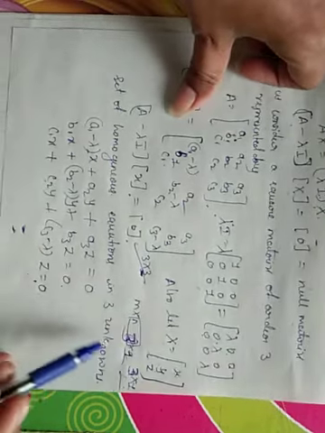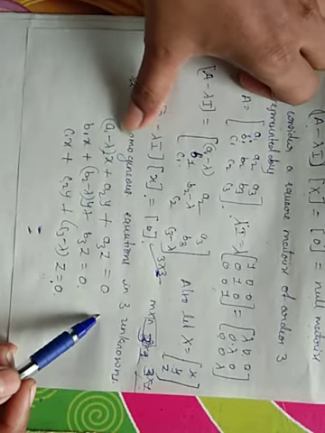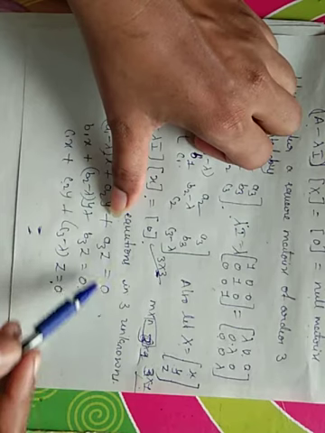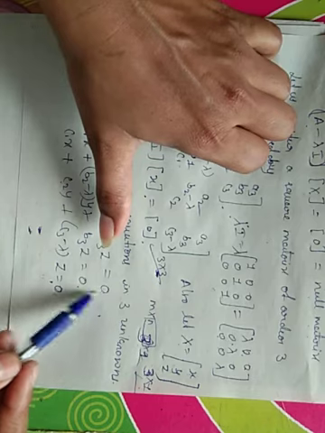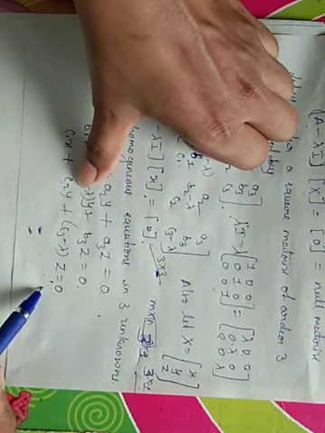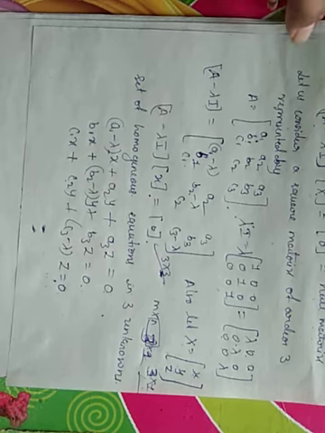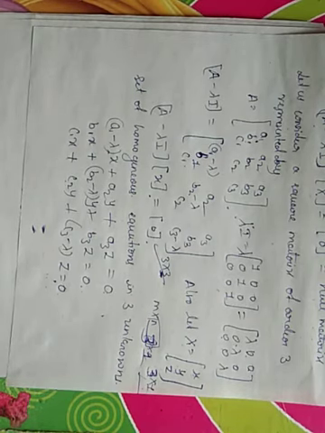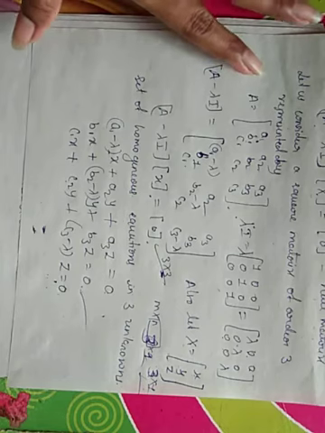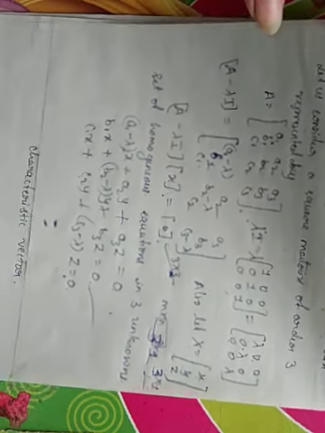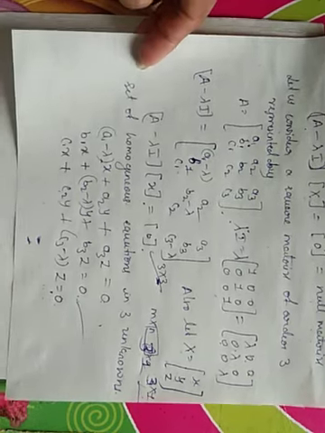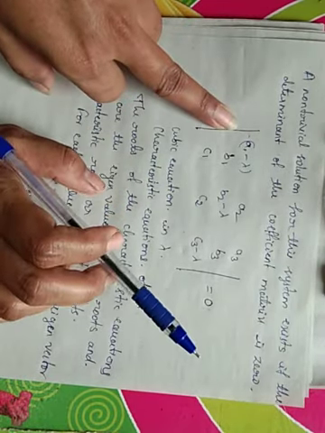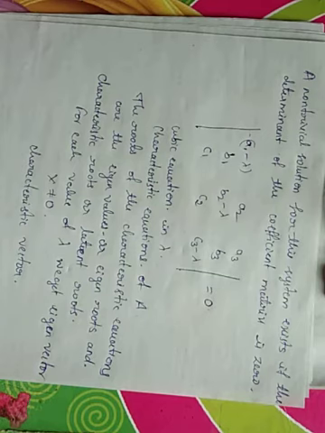We get a homogeneous set of equations with the three unknowns, that is (A1 minus lambda) X plus A2y plus A3z equal to 0; B1x plus (B2 minus lambda) y plus B3z equal to 0; C1x plus C2y plus (C3 minus lambda) z equal to 0. A non-trivial solution will exist for this system of equations if the determinant of the coefficient matrix is 0. For this system of equations, we write the matrix and that determinant should be 0. Then there exists a non-trivial solution.